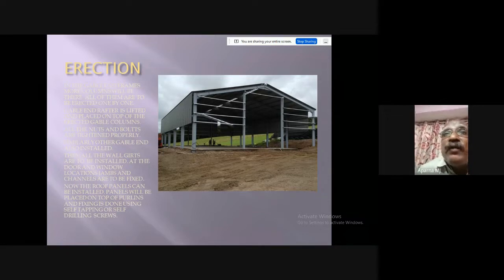In the gable and frames, more columns will be there. All of them are to be erected one by one. Here you can see a gable frame. This is a small shed, so in the gable only 2 columns are there. Then